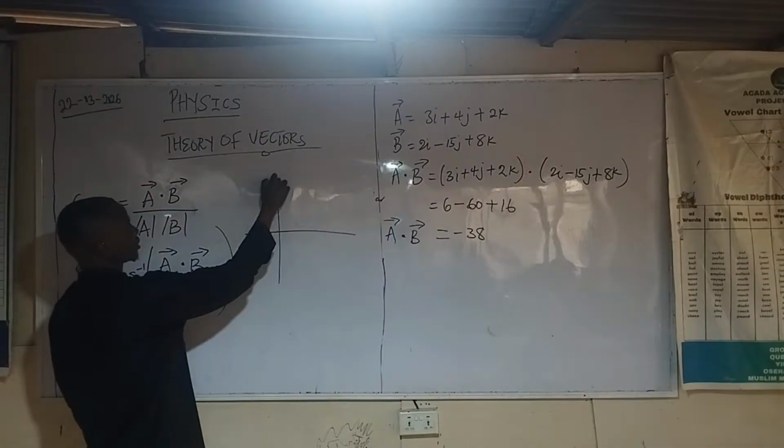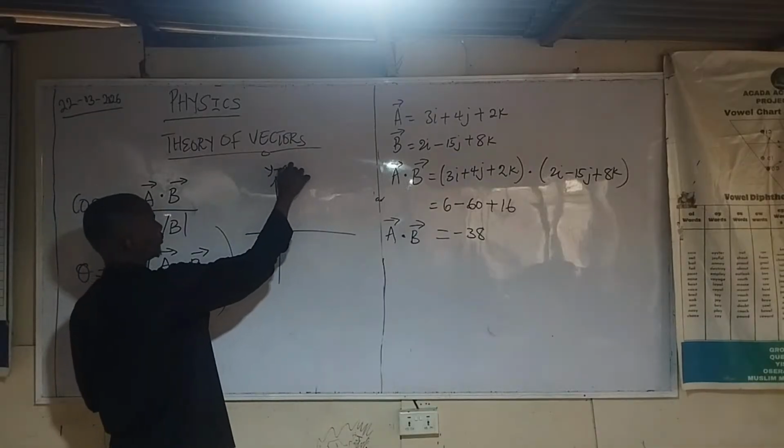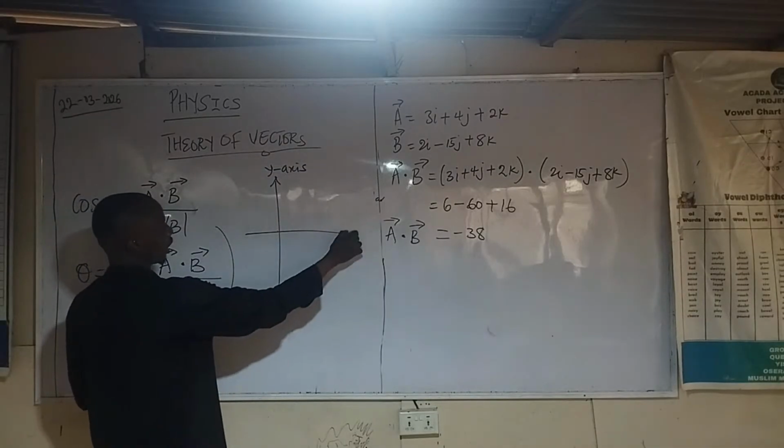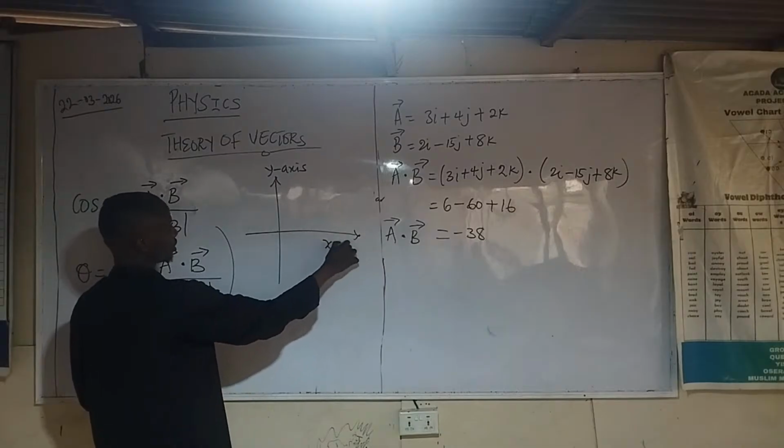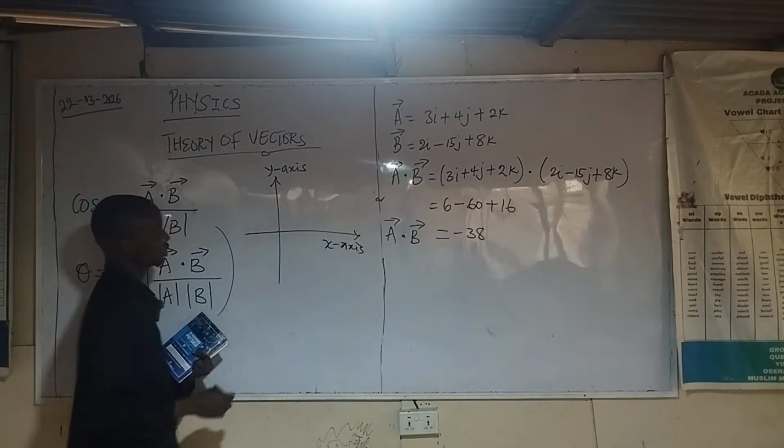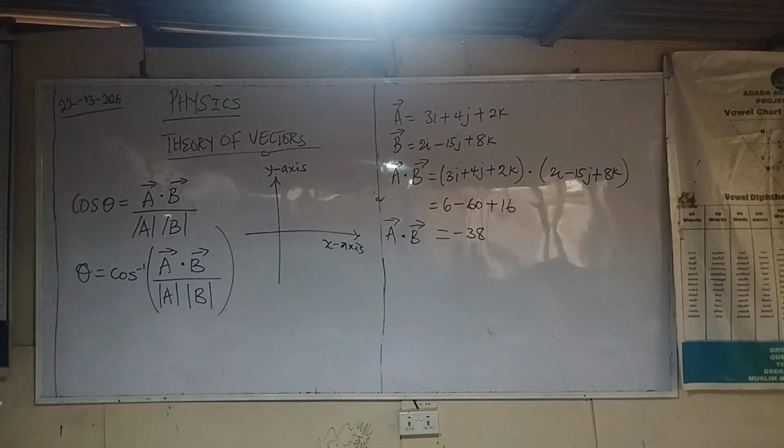This is the y-axis. If you are looking for any angle in the y-axis and any angle in the x-axis, what do you use? That's what I'm asking. X is sine and Y is